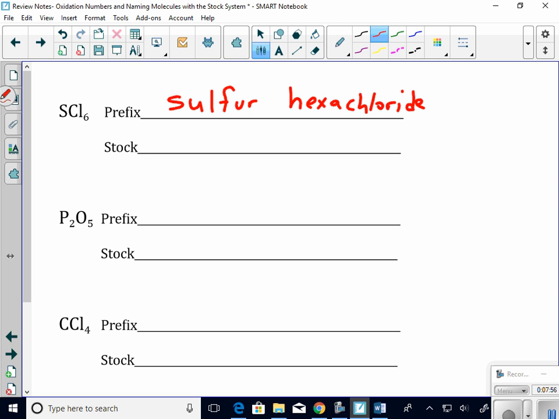I don't need to put one for chlorine because I know what chlorine's going to end up being because it is the most electronegative of those. So what I am going to put is sulfur chloride